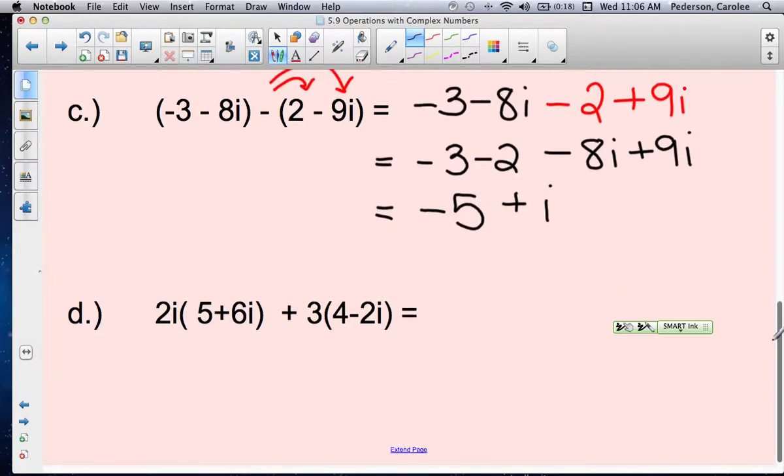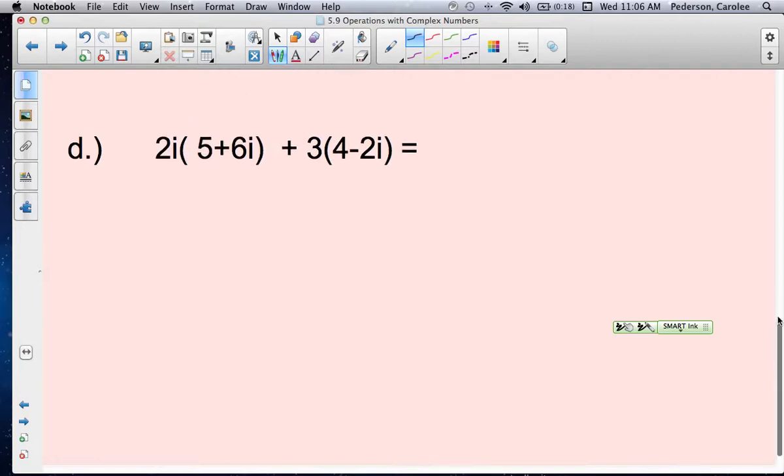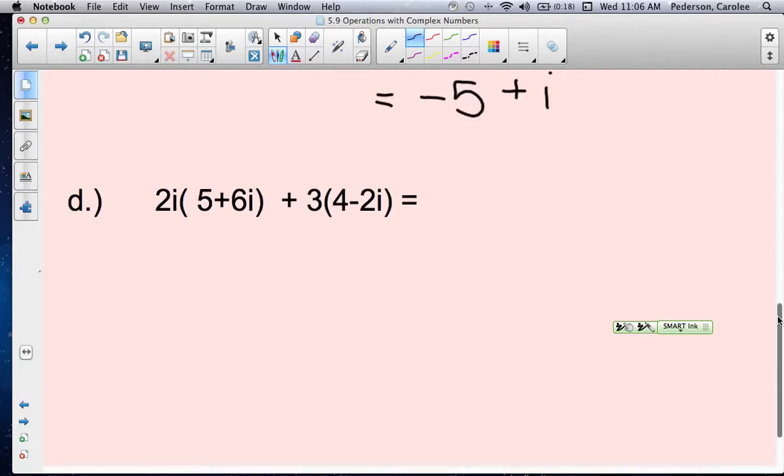All right, let's go down to question D. Go ahead and write that one down. Now notice before we can add these two complex numbers together, we need to distribute the 2i through the first parentheses and the 3 to the second parentheses. We distribute to both terms. So 2i times 5 is 10i, and then 2i times 6i is 12